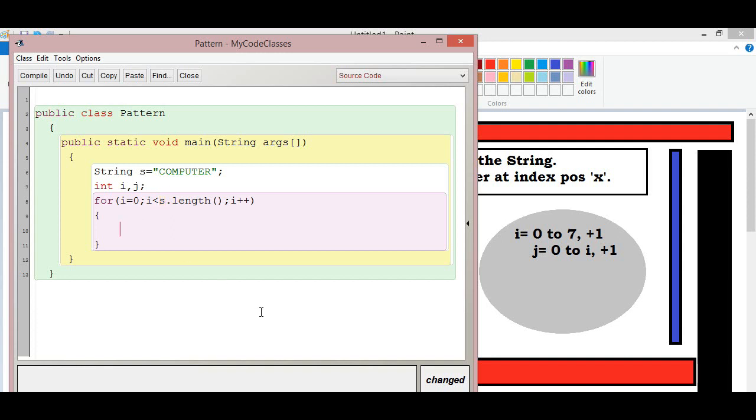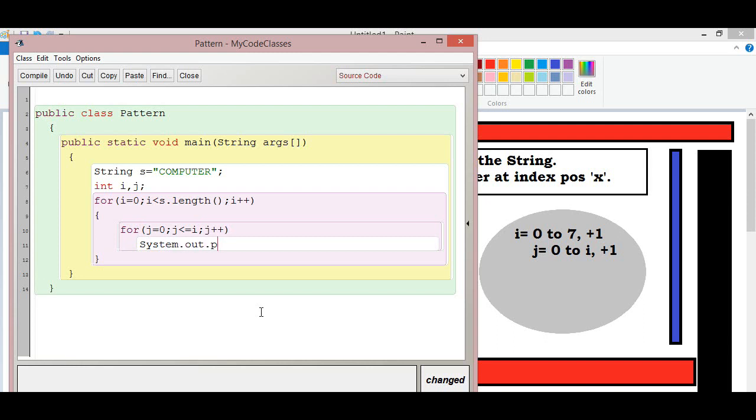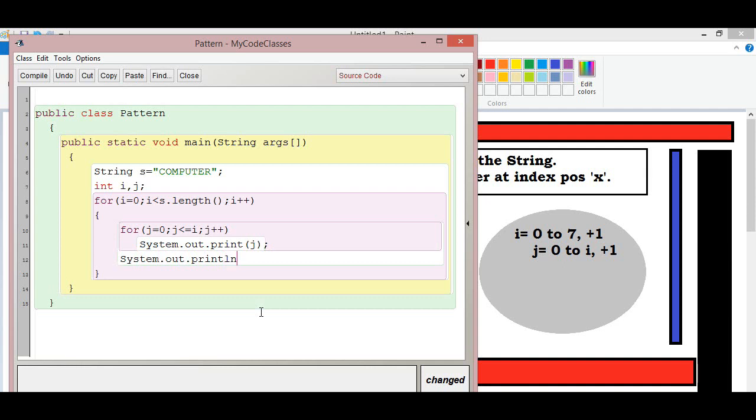Now what I will do is I will write for j equals to 0, j less than equals to i, j plus plus, and here I will write System.out.print. What I will write, friends? Shall I write j? If I write j, then I will get what? Let me write it once with j and then see subsequently what shall I do. Now if I run it,